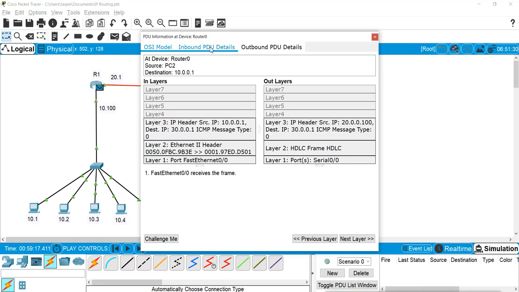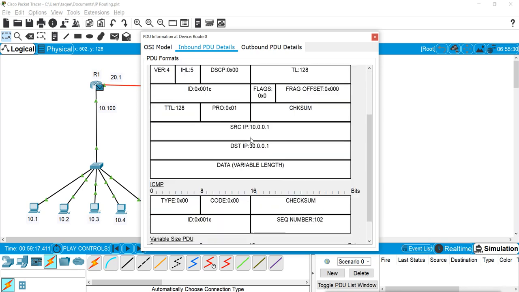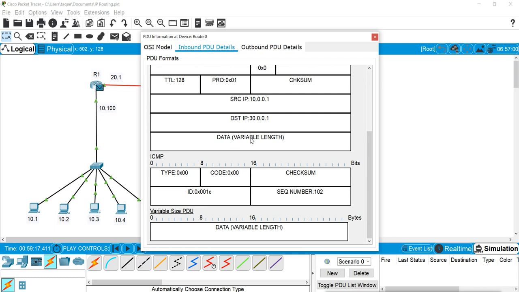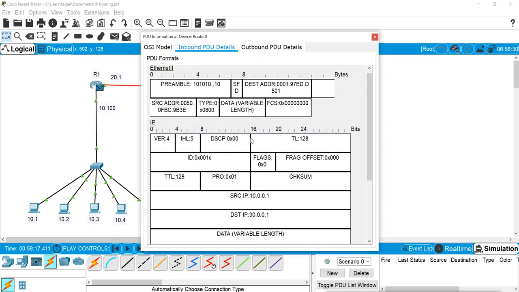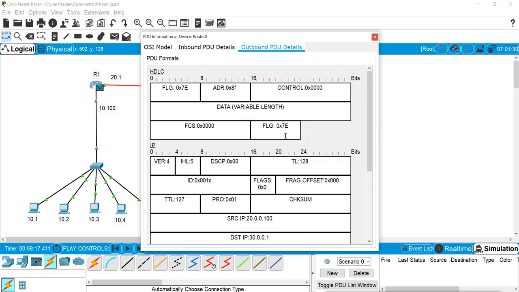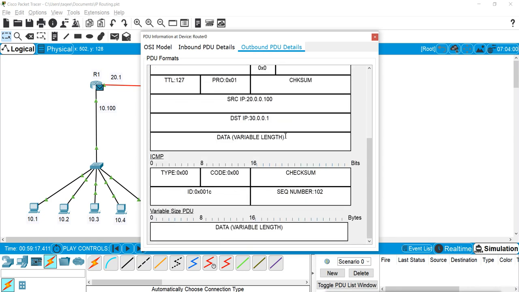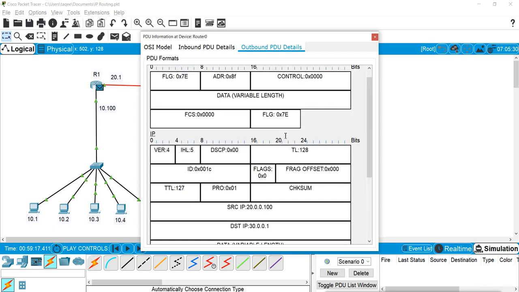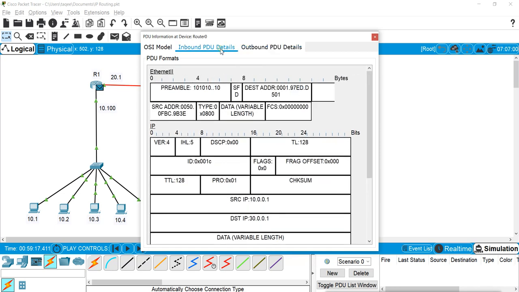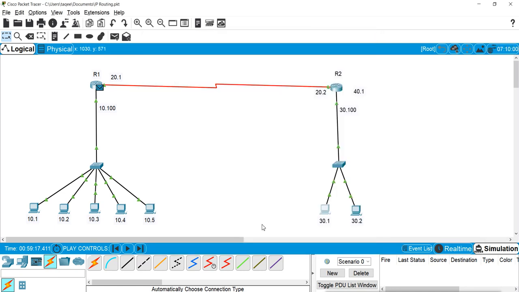We can check inbound detail, and can we see the port number here? No. So here it is doing the translation, and we can see the reply is coming from exactly 10.1.